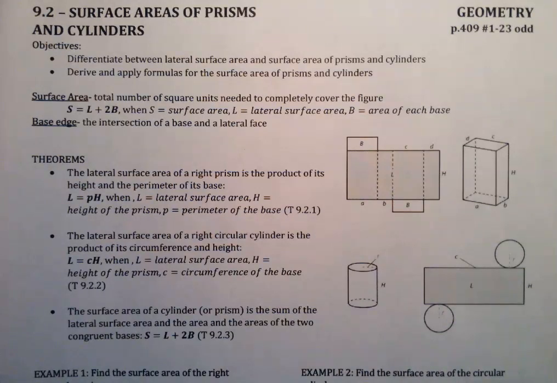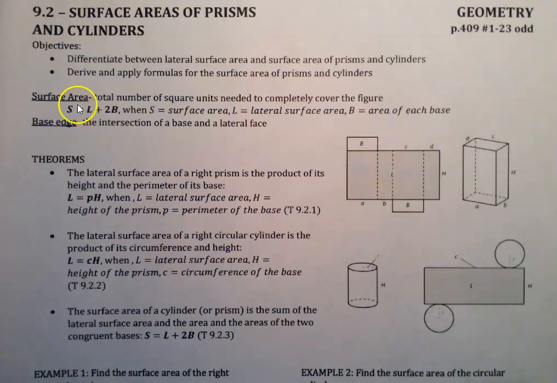Or like on a cereal box, right? We cover a cereal box, the top and the bottom, everything, with something. There might be a barcode, there might be the label, there might be the calorie information, all that stuff. Okay, but the total surface area is everything. We're going to completely cover the figure like a cereal box does. So this formula for surface area is S